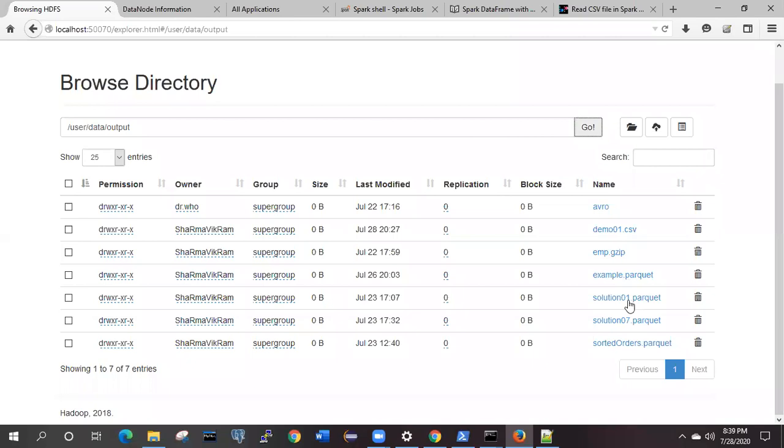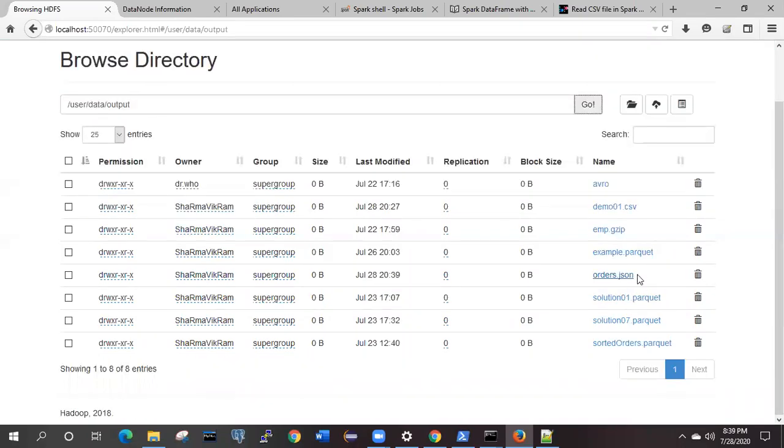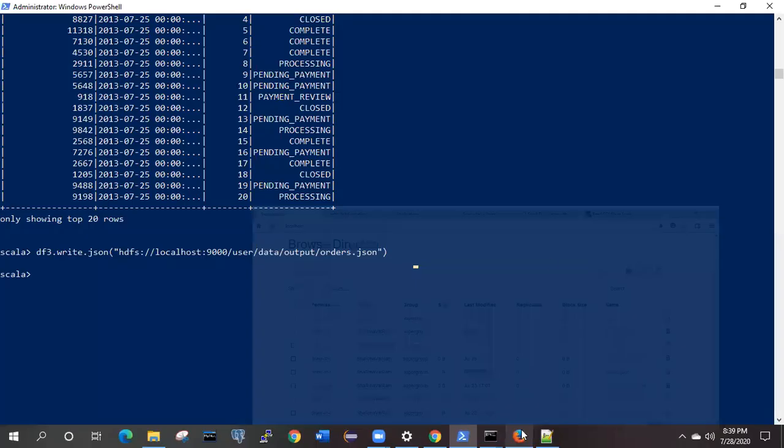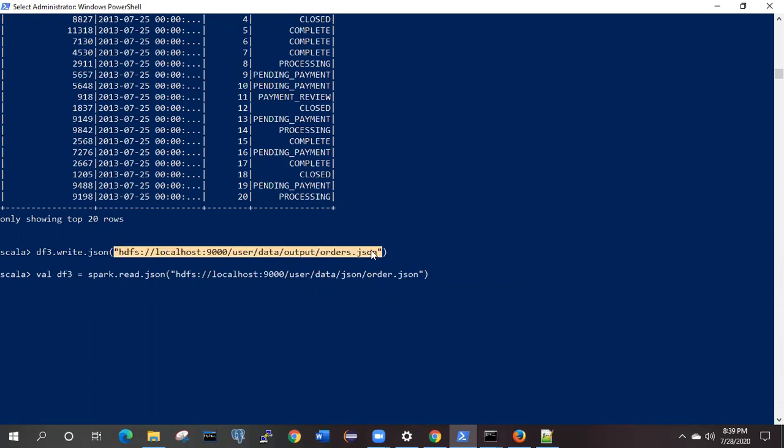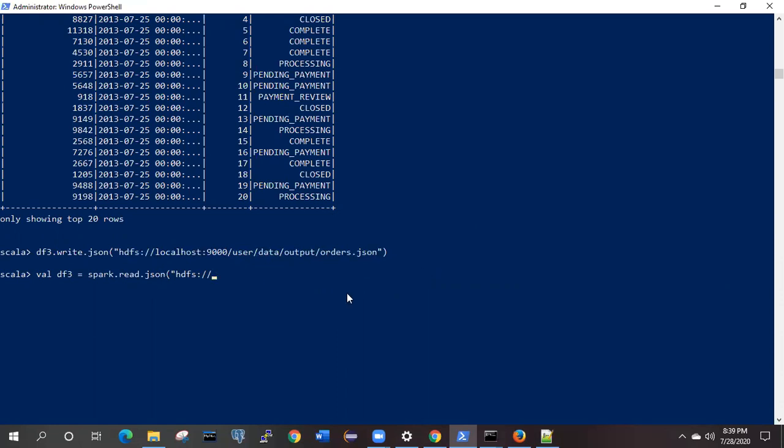If you see over here, it is saying orders.json, it is written with the current date and time. If you want to cross verify whether it has written the same data, now we need to read it. So how can we read that? Only we need to give this location where the data is written.